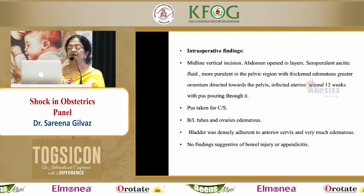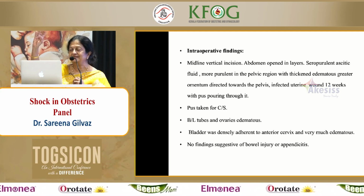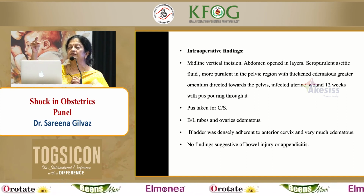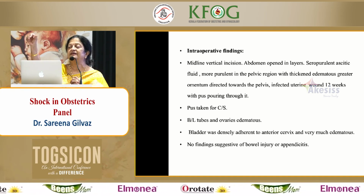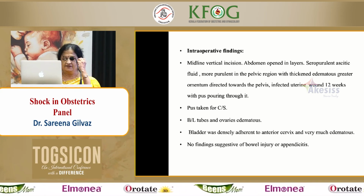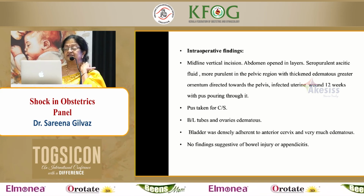Intraoperatively, when we opened up, as she said, these are the 5 things you should do: send the lactate, send the blood culture, start the IV fluid resuscitation, give antibiotics, and then go in for the definitive procedure. So this should be the protocol in sepsis. Right enough, we opened up the patient and we found there was seropurulent ascites, extensive